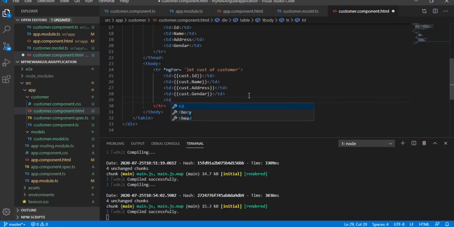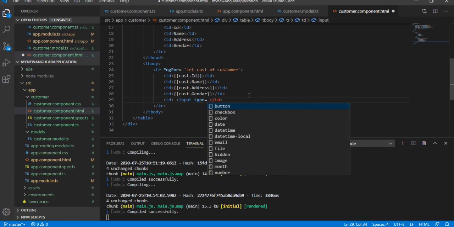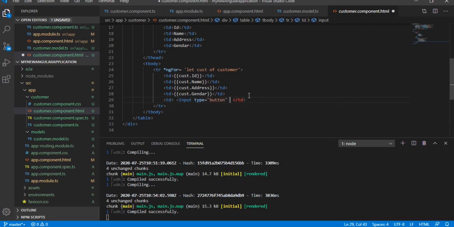In the td, input type equal to button, and value equal to edit. I'm adding a click event, an Angular click event for when I'm clicking the button. So I am going to call this edit customer function by passing the customer object.